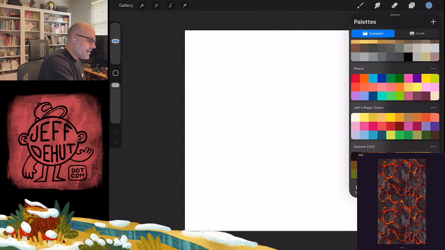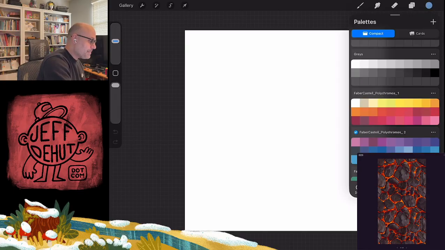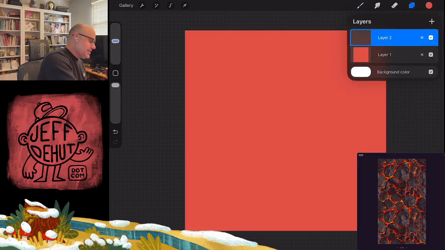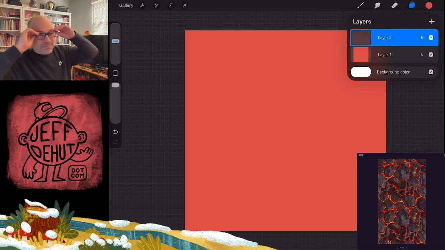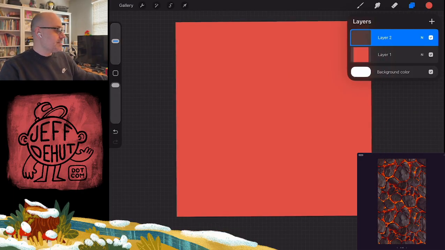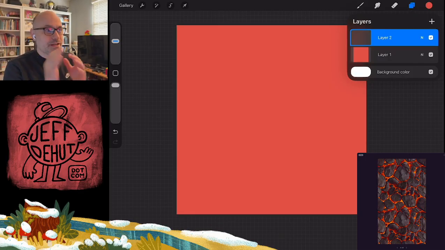And I want to do lava. Lava is tough. There are so many layers to this. And I'll walk you through some of the processes I've been going through creating the style of these textures